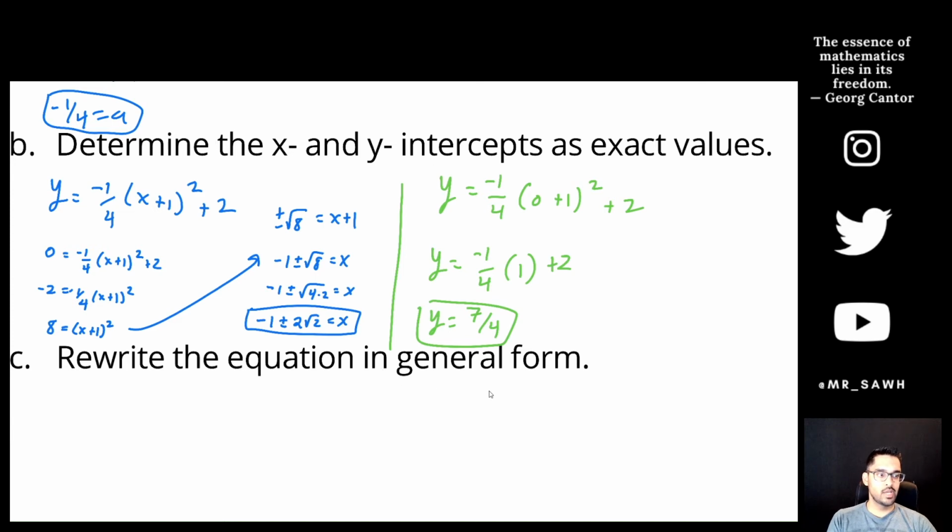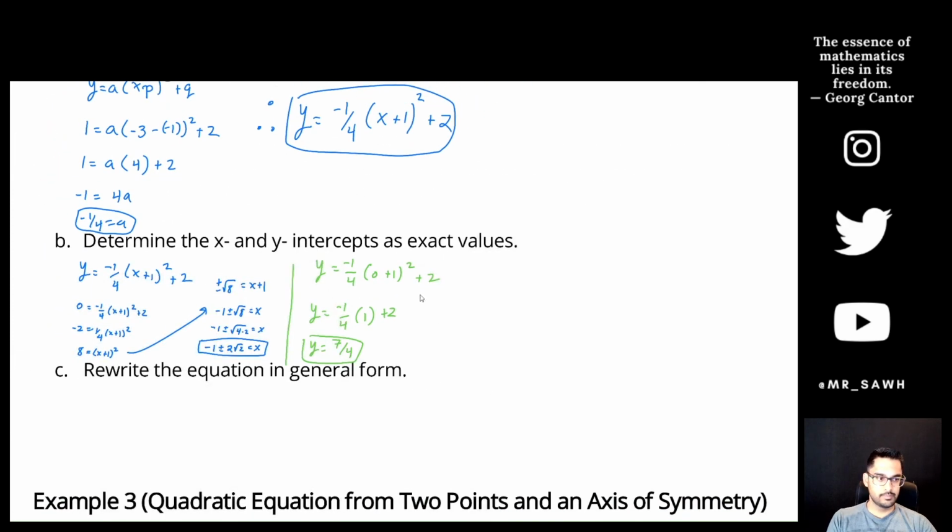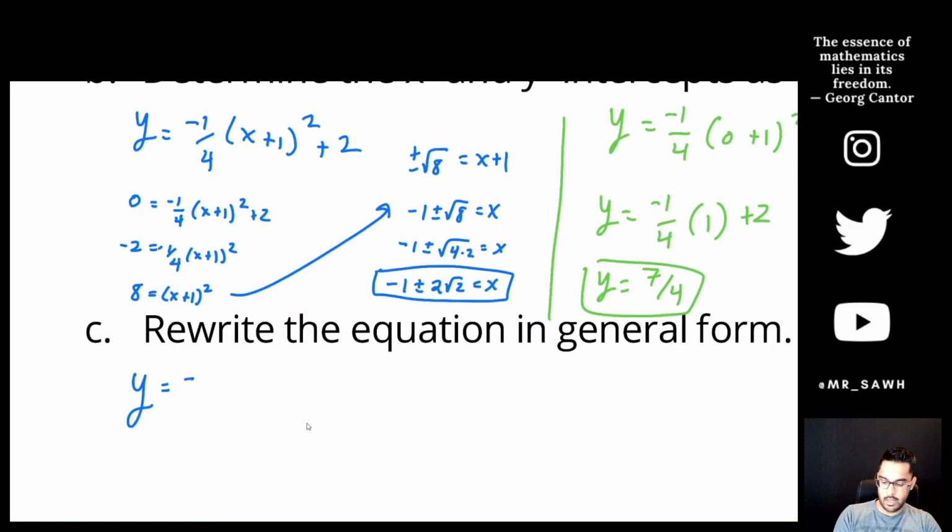Rewrite in general form. So I was given it in standard form. Okay, let's rewrite it in general form. So I can take that general form equation we had from before, and I can multiply everything out. So let me zoom in a little bit here. Negative 1 over 4, x plus 1 squared, plus 2. And let me fix that. X plus 1 squared,